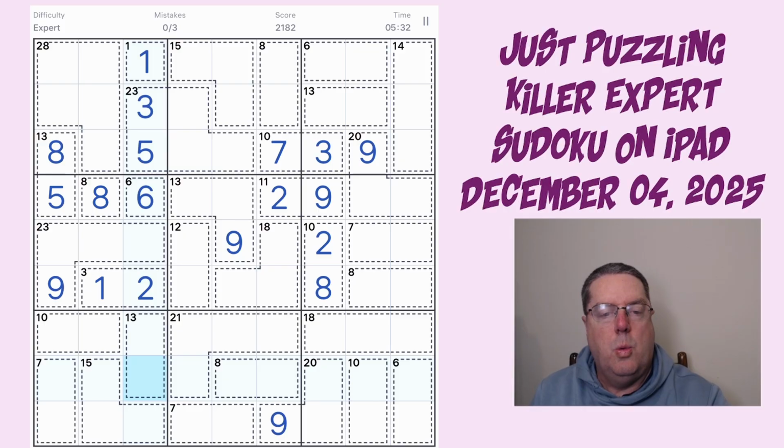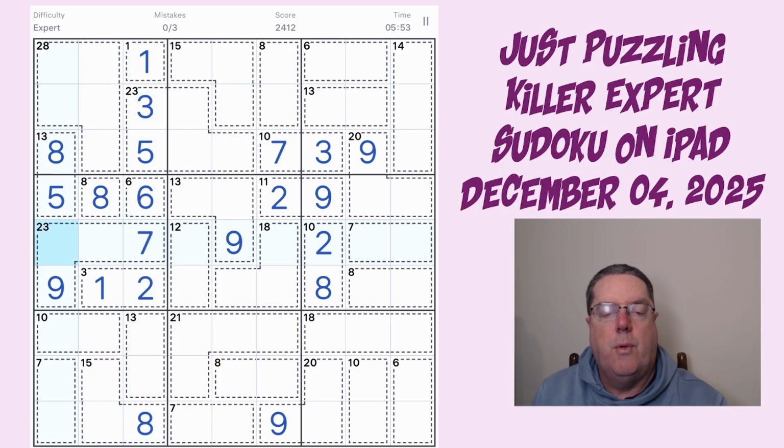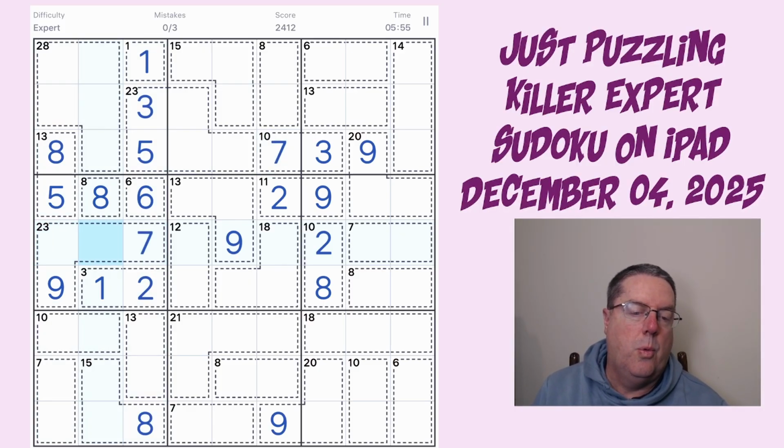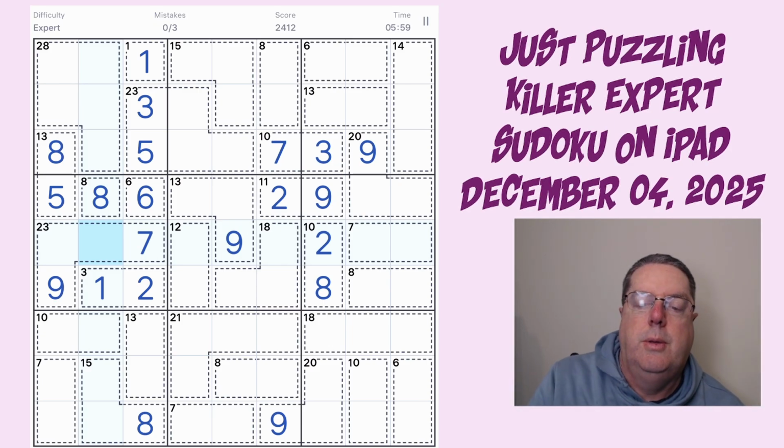9 and 4 there, 1, 2, 3, 4, 5, 7 and 8 required. Well, if this is 9 and 4, 8 comes down here, 8 comes down here, so that's an 8. 9 and 4, 1, 2, 3, 4, 5, 6, 7, so that's a 7 there. Meaning these two have to be 3 and 4. 7, 7, 14 plus that's, yep, so 3 and 4 there, which means this is still 1 and 6, so